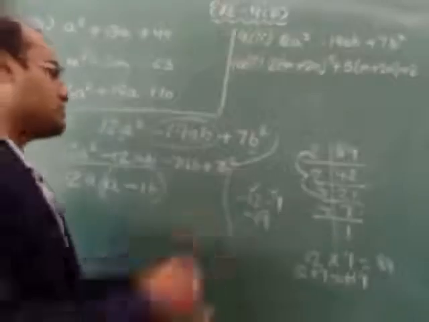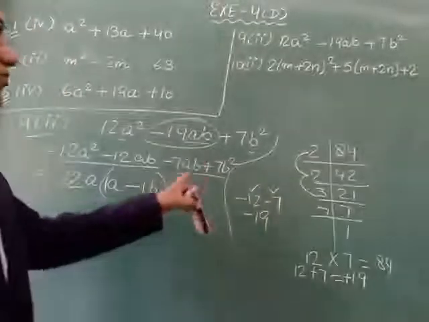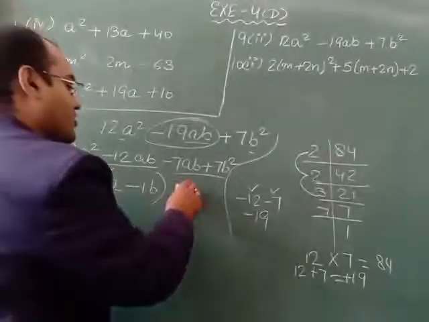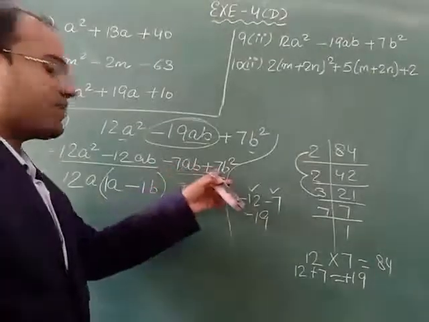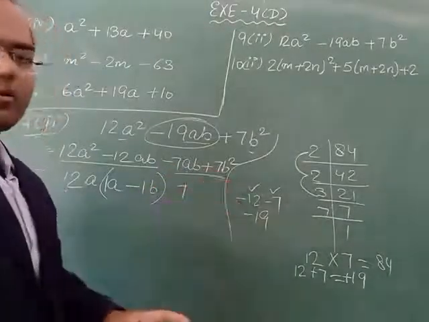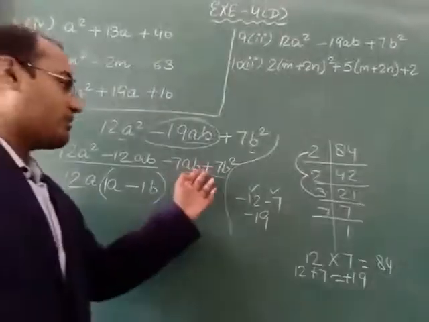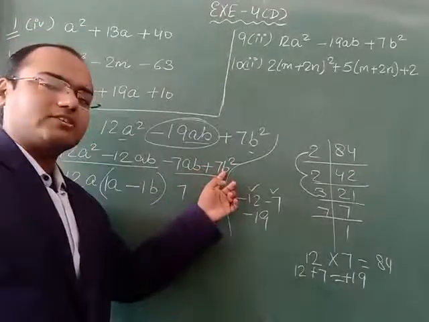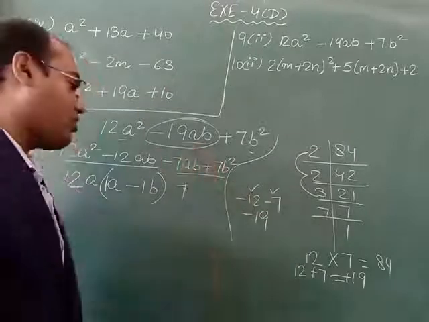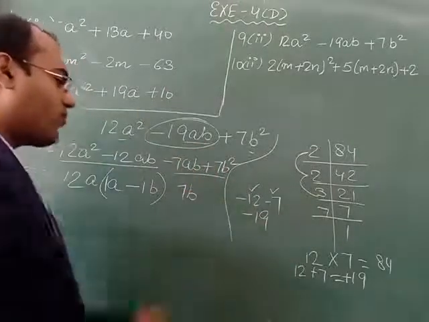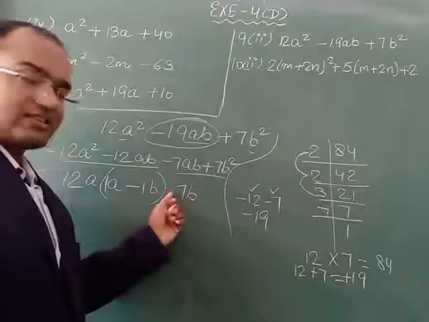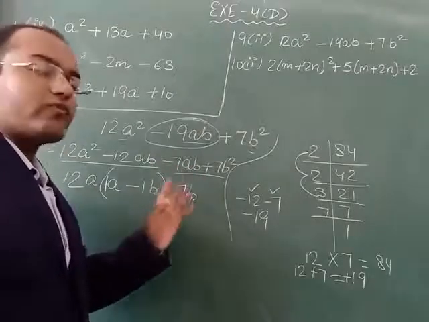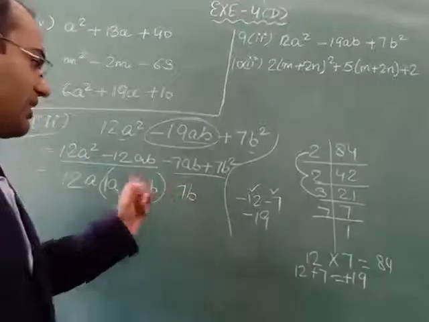Now we come to these two terms. Out of these two terms, we will take 7 common. We also check the alphabet: here it is a, but here we are not getting a, so we will not take a common. Now we come to b. This is b and this is b², so 1b we can take common. Before taking common, remember one more thing: either you take the plus sign with 7b or the minus sign. We will take the minus sign.